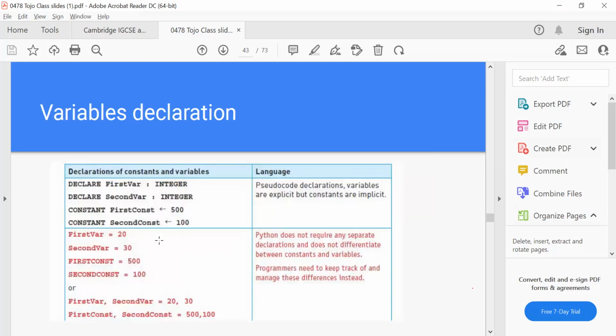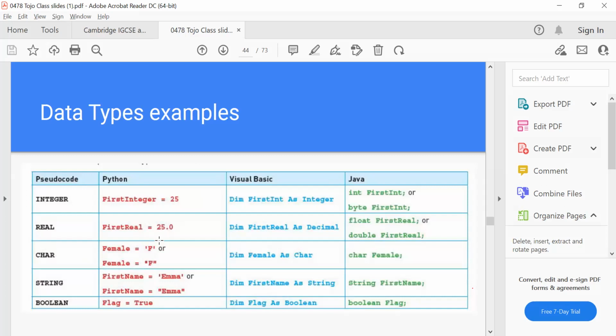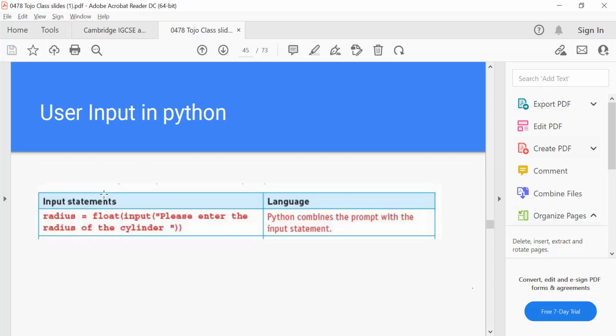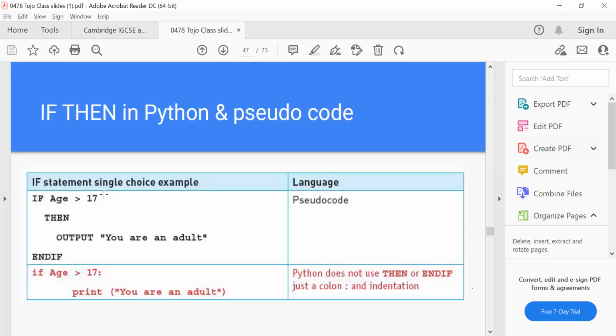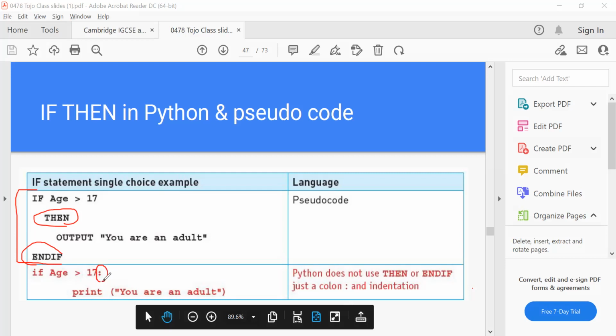We have gone through variable declaration in both Python and pseudocode, and we already talked about data types in both the pseudocode and Python, right? Am I right? Can you still recall that? Yes. Okay. And we also use the input. So now I believe you still have an idea about what's going on here. Do you notice here the if statement in the pseudocode looks like that with then and end if, but here we only have a colon? Yes. Okay, so it's clear to you?